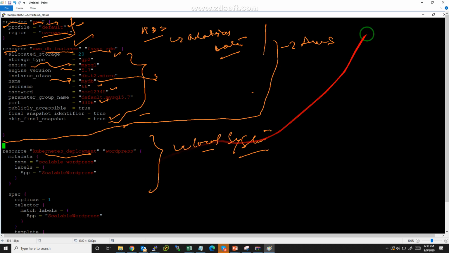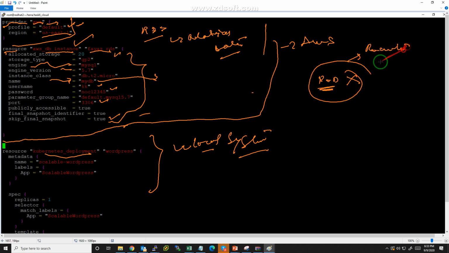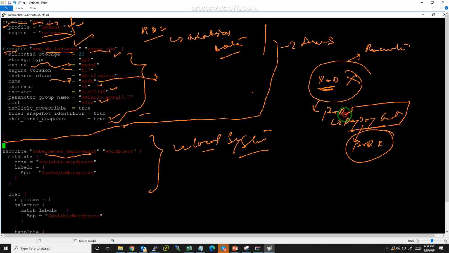If one pod goes down, no one can reconfigure or recreate it. But when you launch a pod with a deployment and your pod goes down, your deployment will relaunch it automatically.